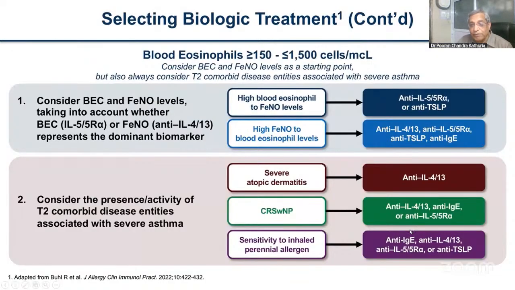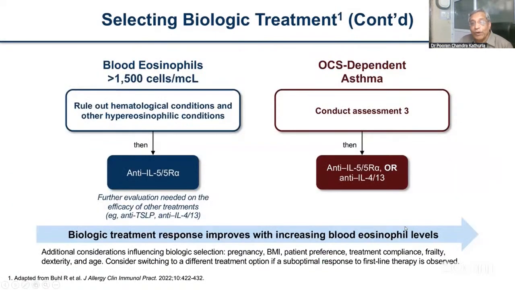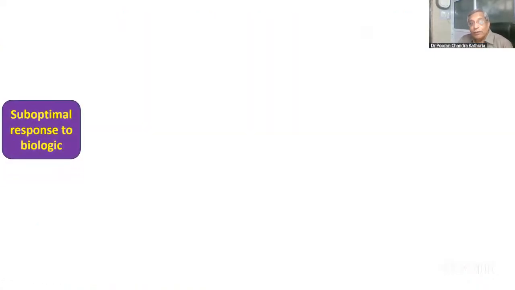This is a systemic review which has been given already, but one should be very specific. If the eosinophil count is more than 1500, now the drug of choice is being kept. Whether benralizumab is there, still we are looking for more study. Why do some patients not respond to the biologics? It's not a magic bullet that everything will be okay.